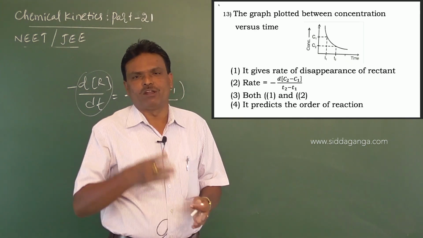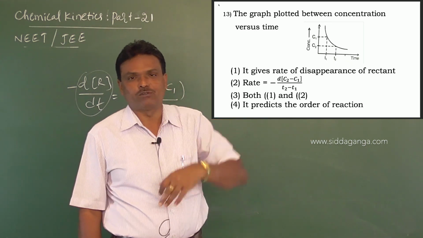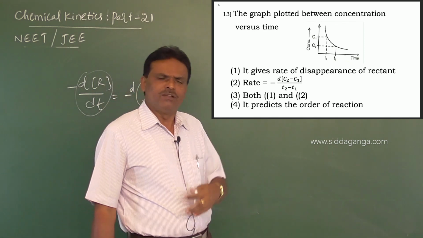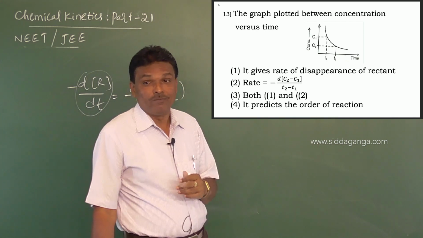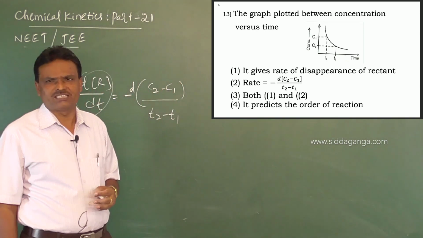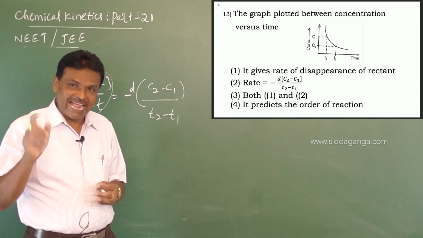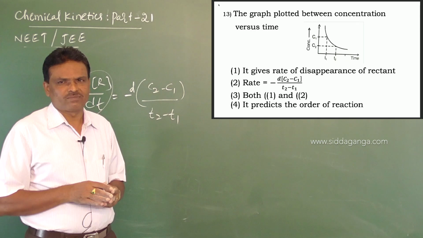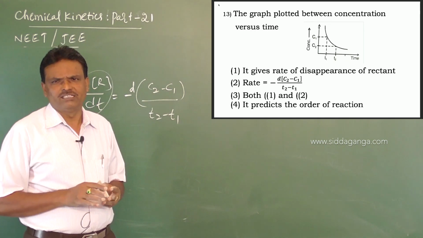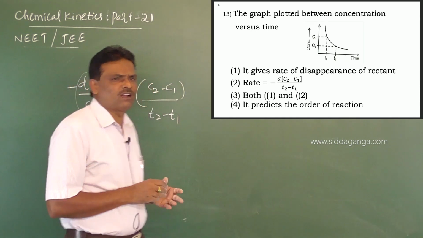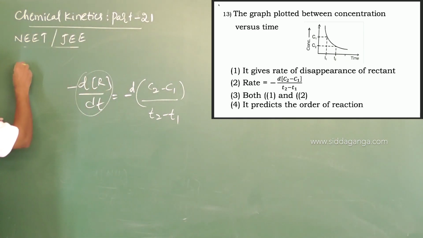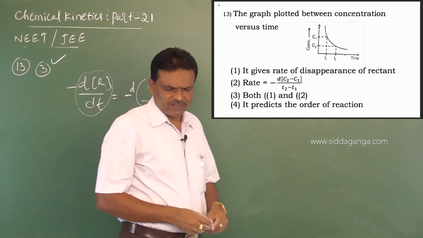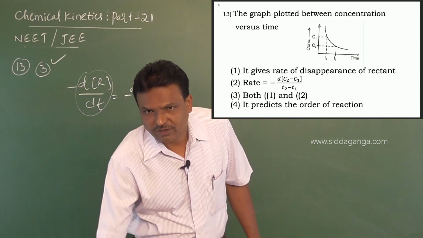So to predict order, you plot log R versus time, it should give a straight line with negative slope, first order. R versus time with negative slope, that is zero order. But here, concentration of reactants or the products versus time, so rate can be measured, so it cannot be order. Is it clear? So your option is the third option. For question number 13, the third option is the right option. Is it clear? Next, another question.